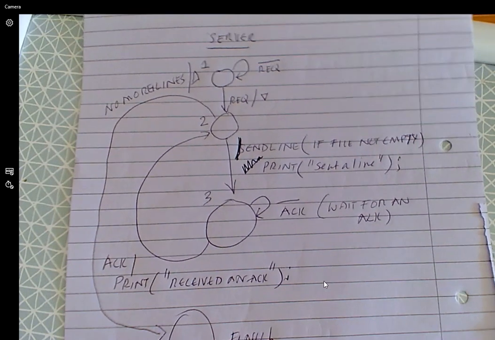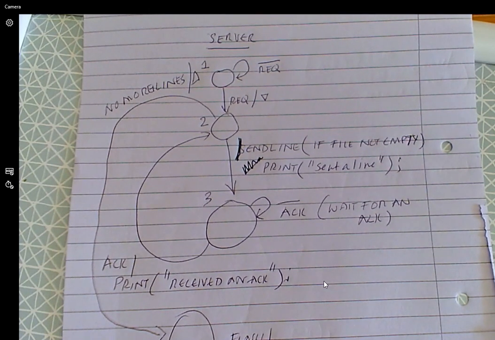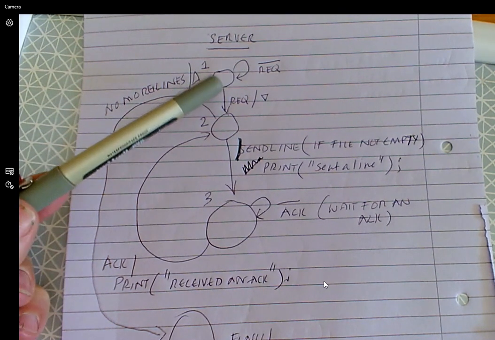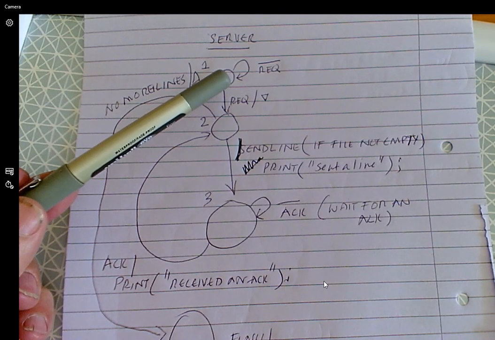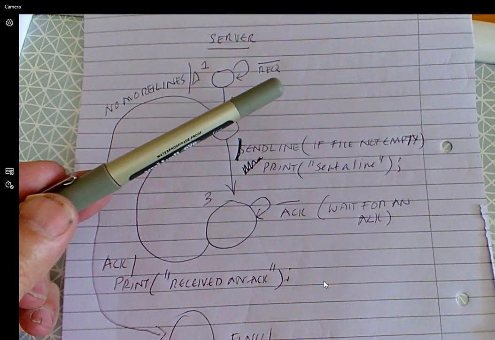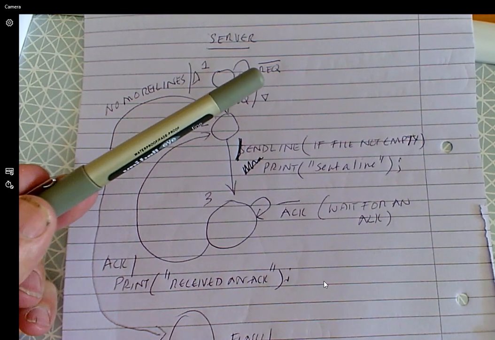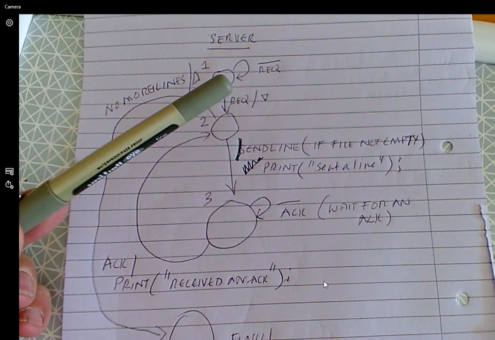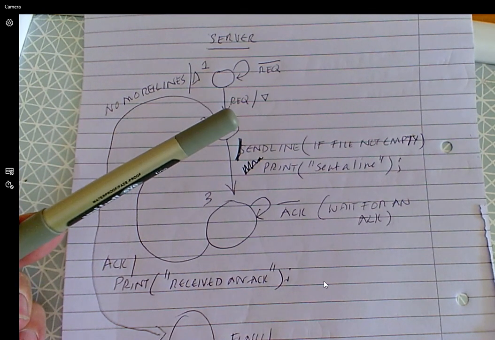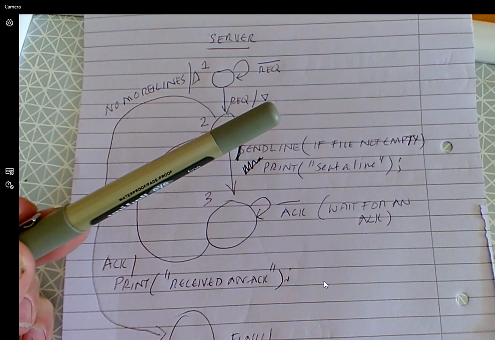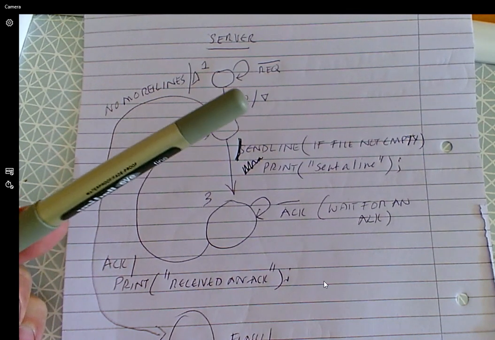So what we're doing is to have a quick review of the server discussed yesterday. And what we're looking at is a finite state machine representation of the operation of the server. So in state one, all that the server is doing is to wait until it gets a request. So whilst not a request, you loop back into that state one. When you do get a request, well, there's no action that's relevant to take, but you're going to change to